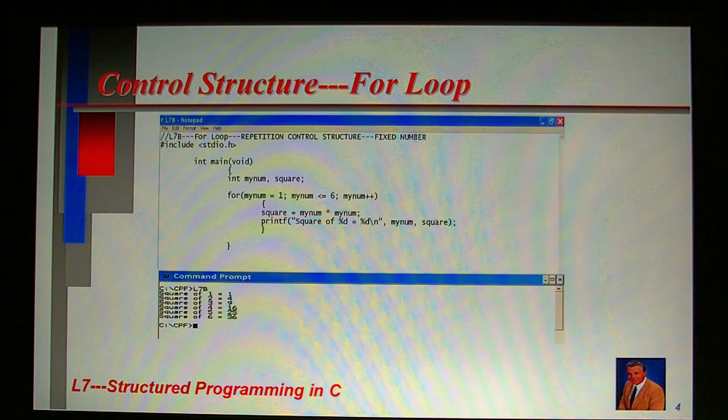The second of the 3 instructions included within the for loop header, namely mynum <= 6, sets the limit for the fixed or predetermined number of repetitions. In this case, 6 repetitions will take place because mynum starts off as 1 and terminates when mynum is less